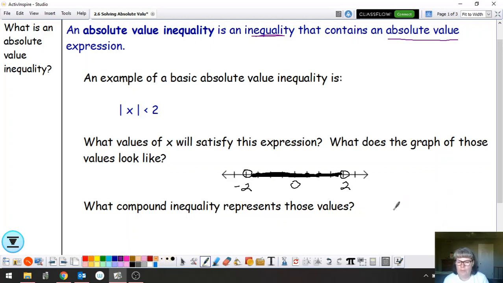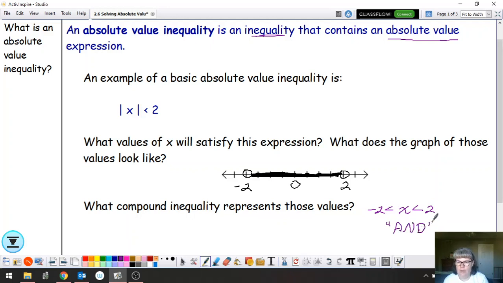So I know that my values are going to be less than 2 and they're going to be greater than -2. And remember, when you write a compound inequality, you always have the smaller number on the left and the larger value on the right, and we're using less than symbols. Because what this is saying is x is greater than -2 and x is less than 2. So I'm going to make a note here that this is and,